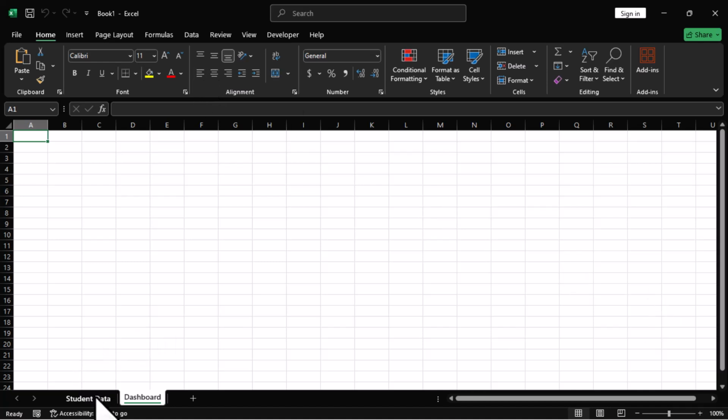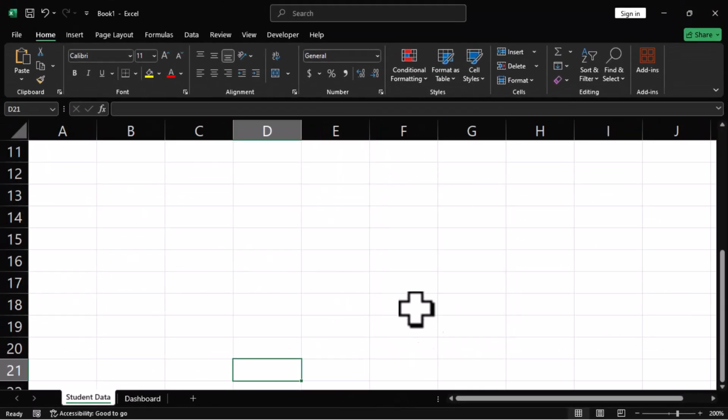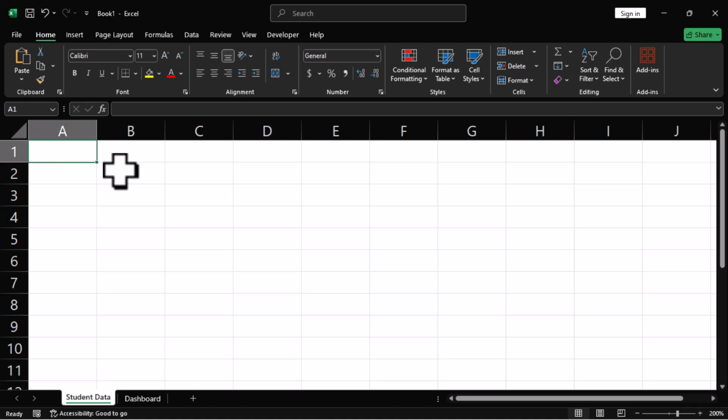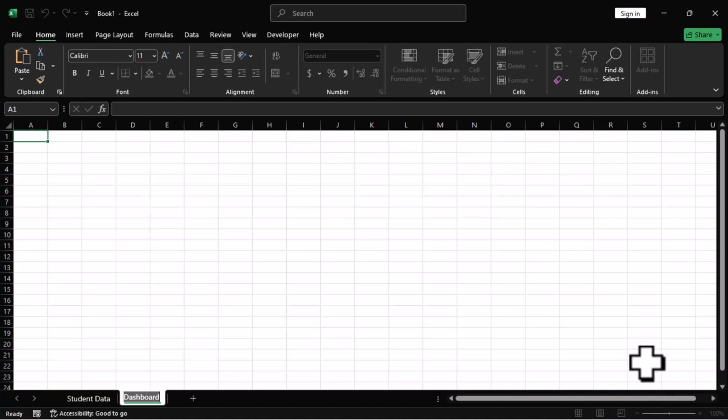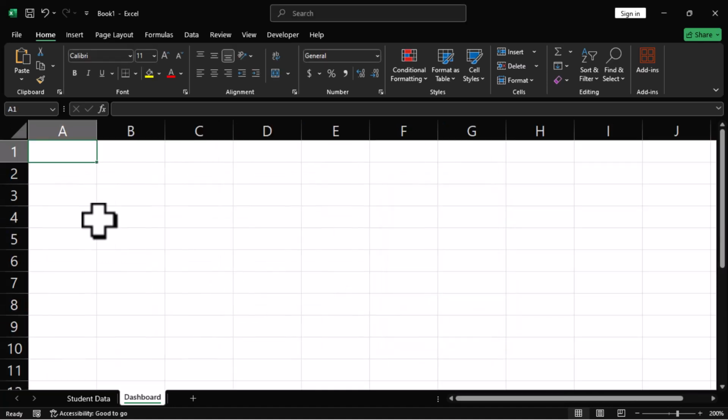Let me move to this particular sheet, which is student data, and I'm going to move to the status bar and click on this zoom percentage, which is 100%, and I'm going to have this dialog box. I'm going to zoom in to 200%. Perfect. Now I'll move to the first cell in this worksheet. Then I'll move to the second worksheet and also zoom this to 200%. These are the two worksheets we are going to use to have this data automation entry